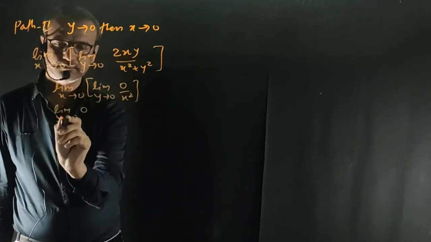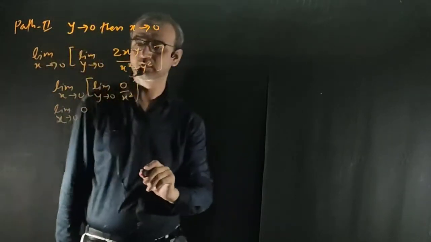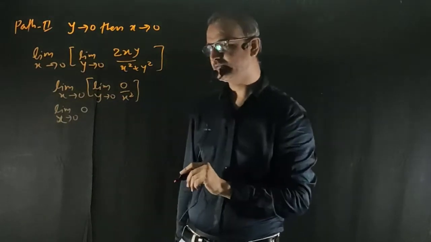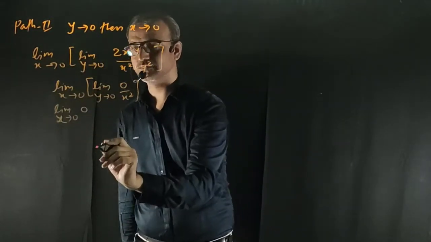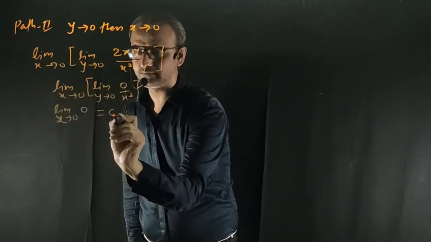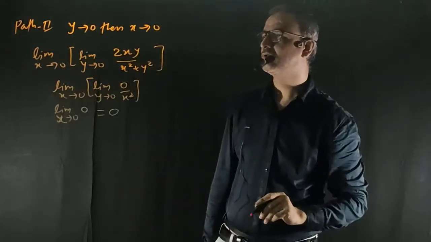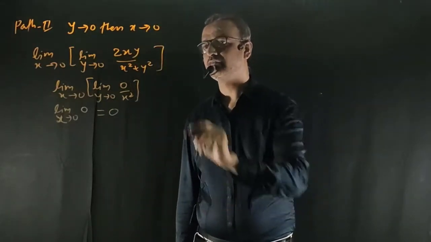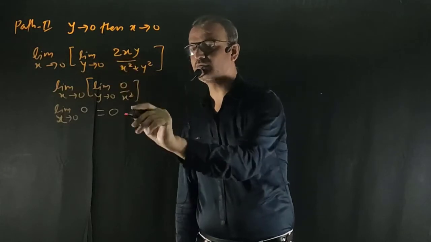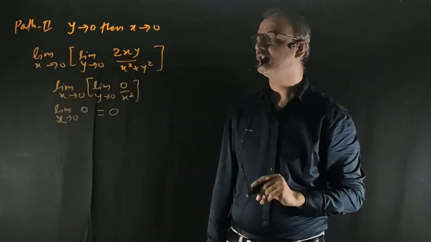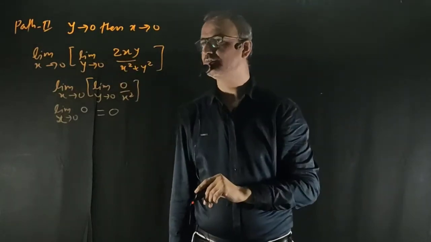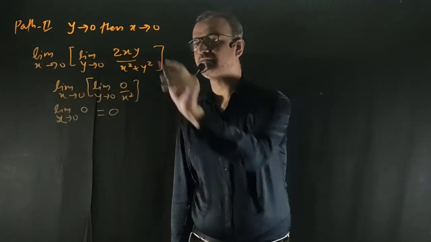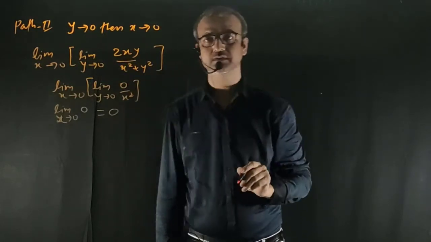This is x tends to 0. Okay, now this is not a function of y, so limit x tends to 0, the result is 0. Therefore, the limit of this function along path 2 is also 0. In path 1 it is also 0, so now we will find out the limit of this function along path 3,